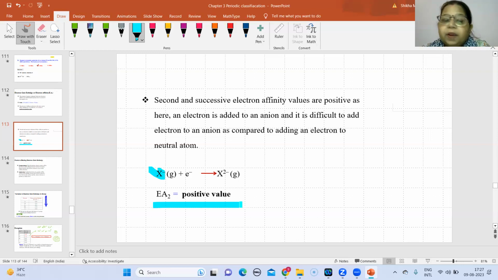Now, how does it vary in a group, or what are the factors affecting it? Talking about the factors affecting it,